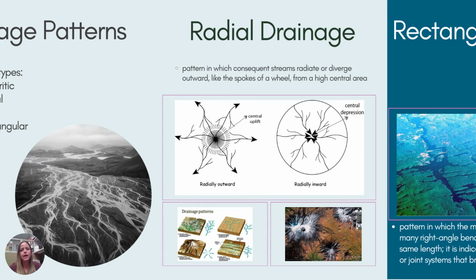So first, looking at radial drainage. Radial drainage comes from a single point and goes down. So this is oftentimes a single peak. It could be a volcano or just a single peak mountain, and the water that comes off of it radiates from a central point. Okay, so if it is a depression, a low point, it could also radiate inward to a central location and fill that up. So in some sort of bowl-shaped feature or a basin, you might see radial drainage coming towards the center, and then with a mountain peak, you would see it come from the center.